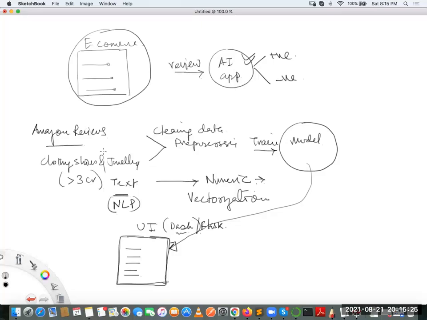So now how will the UI application get access to all these reviews? Now, guys, these reviews are available on the website. So now we should know how to extract these reviews from the e-commerce store. Extracting data from a website is known as web scraping, guys.